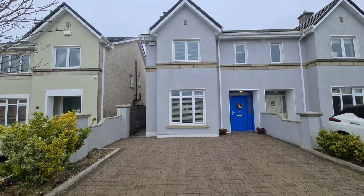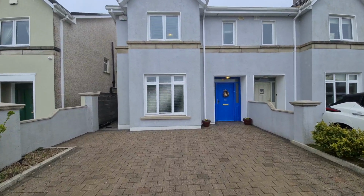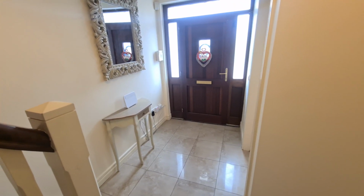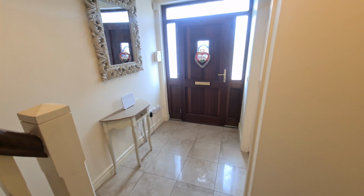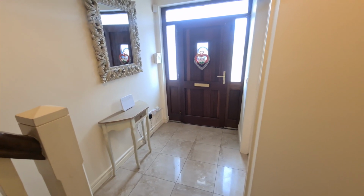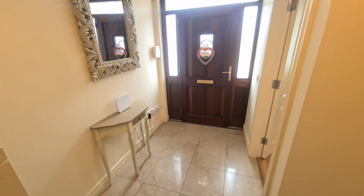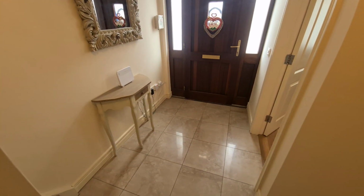So let's take a look at the inside of number 50 Moyard. Now, there was certainly more to be said about the outside of the house, but unfortunately it's one of those nice, wet and miserable days that we have for taking the video. So we'll say a little bit more about the outside as we continue around the inside of this fantastic and